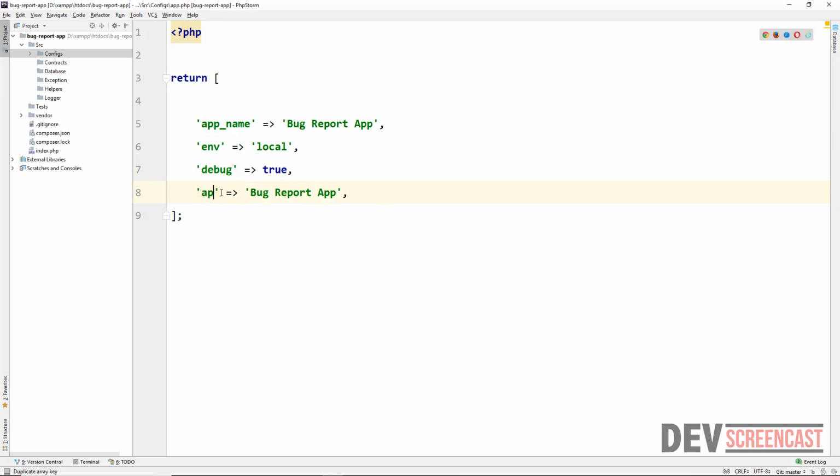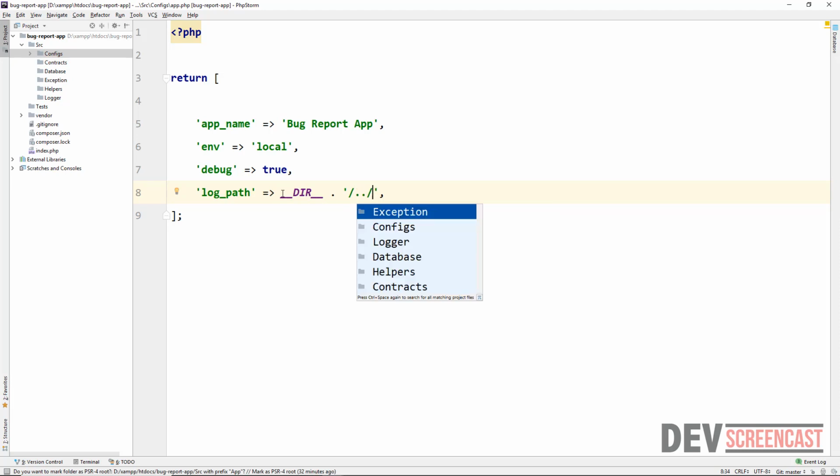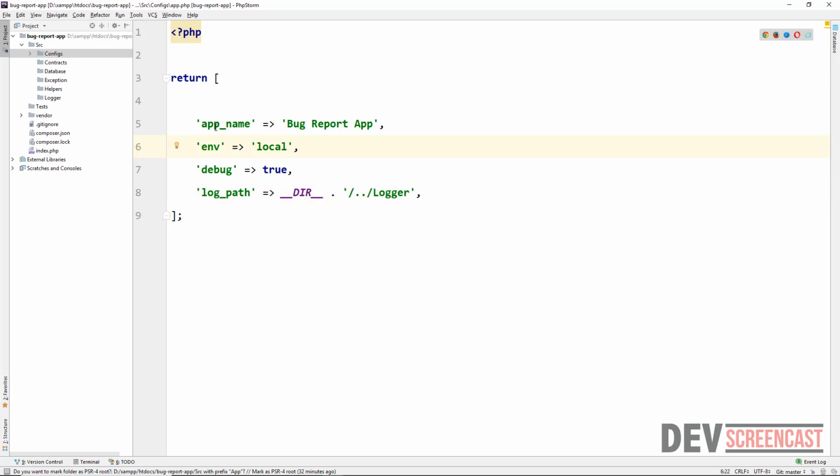And then I'm going to add another one here, let's call this log_path. This is going to be the path to our log directory, so that's in our logger folder. I'm going to go one level up, and then this should be the same level as the logger. All right, so we have the basic configurations that we need for our app. There are going to be more that we'll add later. When we want to add an additional one, we just come here and add a key value pair,